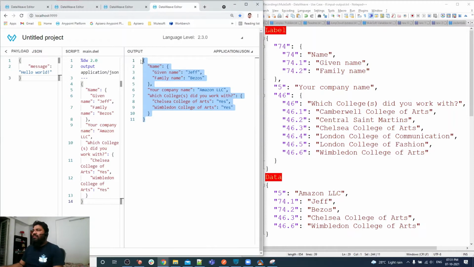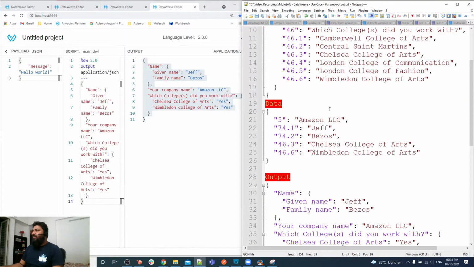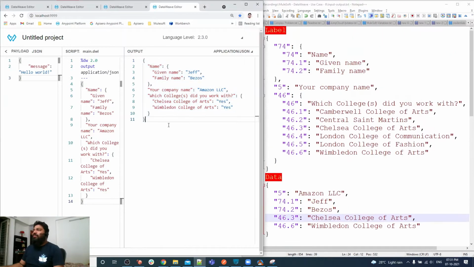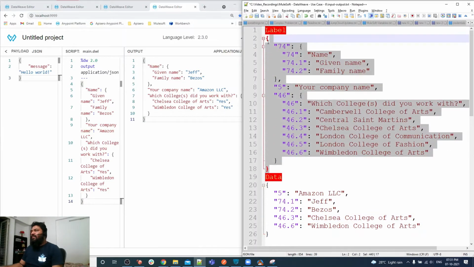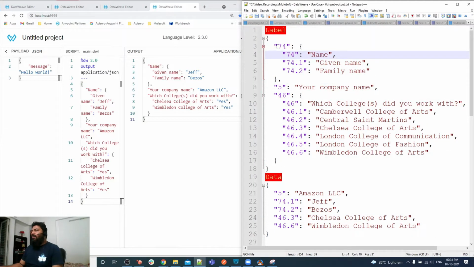As you can see, this is the output we need to generate based on the input. Let me explain what kind of requirement it is. Basically, this decides the structure, meaning they have explained, or basically we have a requirement like that. We have 74 as the label, and the label name is name.